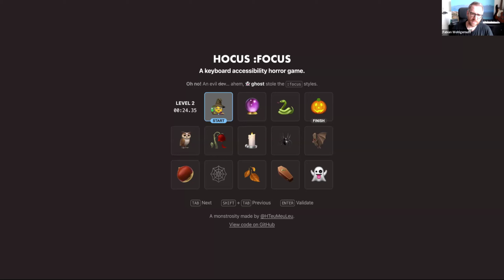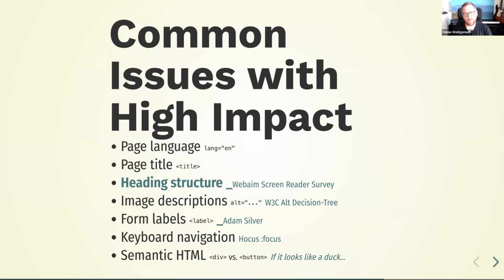There are things that make it really, really difficult to navigate by keyboard. And those are easy fixes, because the easiest fix is to just not mess with it in the first place. Because this focus style that interactive elements have is built in to HTML. So if I don't remove it on purpose, it is there. So I have to actively destroy it. I have to actively exclude people. And the easiest fix is to not do this.